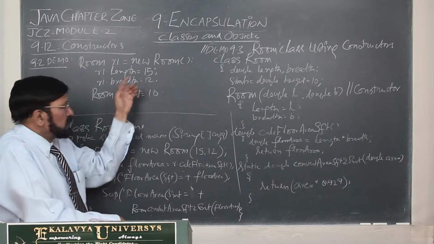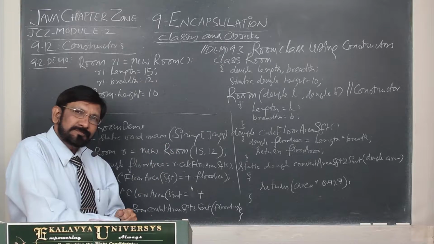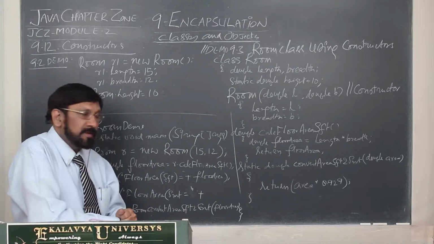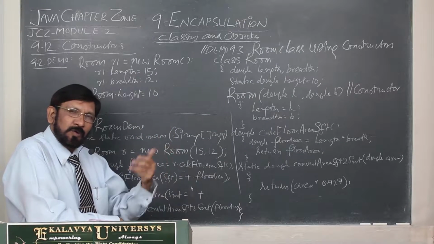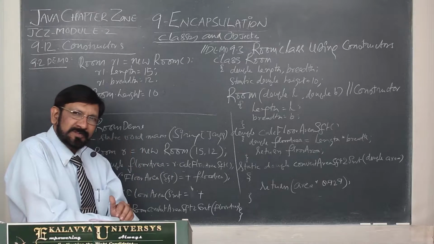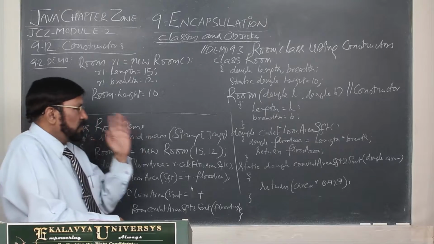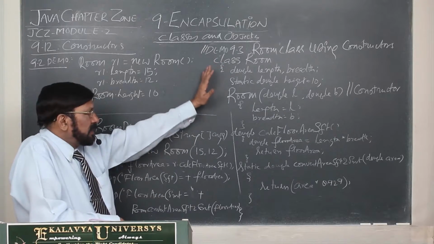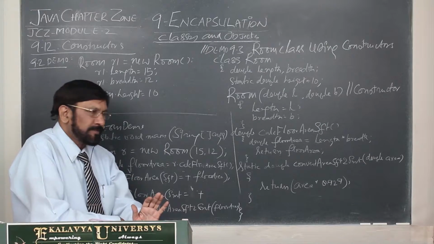Suppose here two variables are there. Suppose there are 20 variables, 100 variables, then how laborious it is. What is the size of the code? It is totally error prone and a laborious exercise. So, a real constructor. Now, I am introducing you to the real constructor and its smartness in programming.